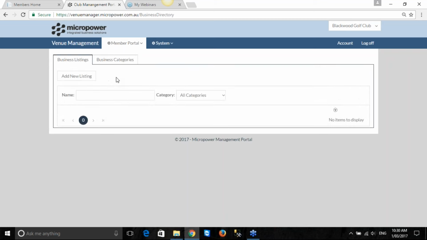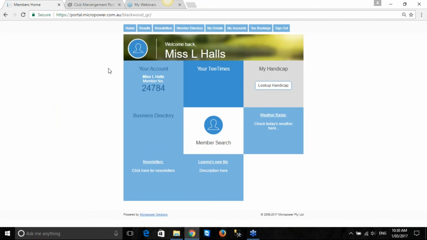And we can add listings, as well as the member can add their own listings. If we set up the categories in advance, we can control what categories those business listings are going to be in. You can add in your sponsors in here, or you could actually use the tiles to go to an external website to have your sponsors on a tile on this front page. So for example,